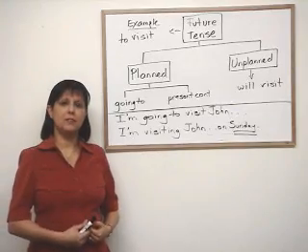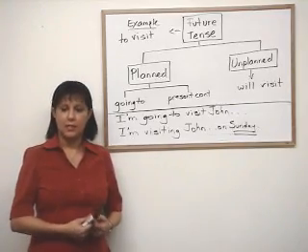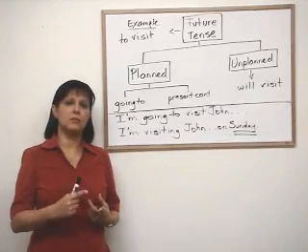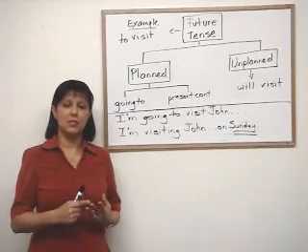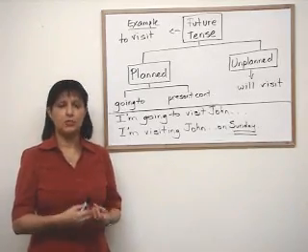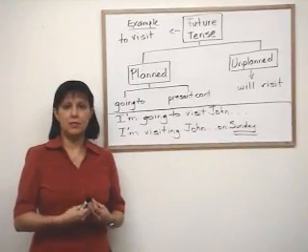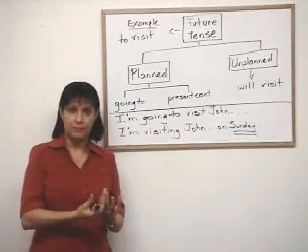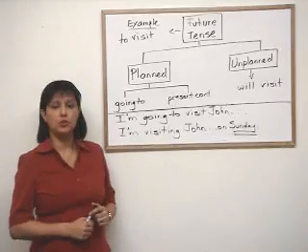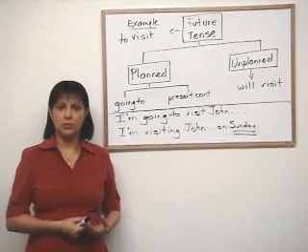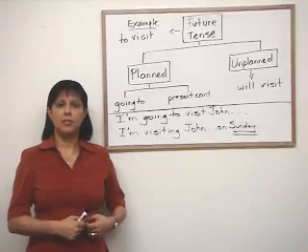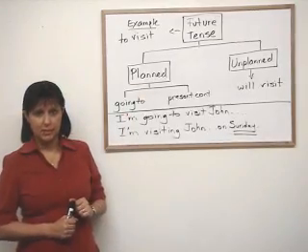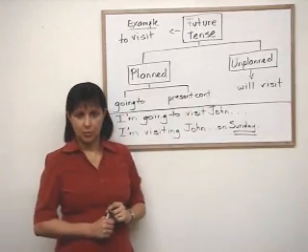By a planned activity in the future, I mean something like traveling abroad. If you were going to be flying abroad, you would need to book your ticket, pack your suitcases, and do a number of things to plan for that event. So that's an example, traveling, of something that you need to plan in advance, but you're going to do it in the future. Another example of something planned in the future is an appointment to see the doctor. You would need to call him and make this appointment in order to go and see him in the future. All right? So this is an example of planned. I'll talk about unplanned in a few moments.